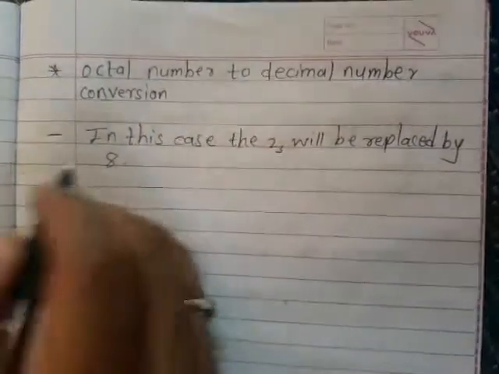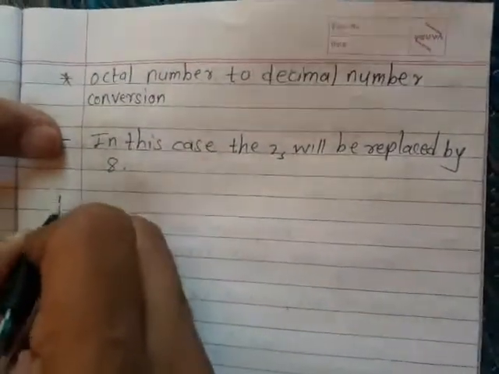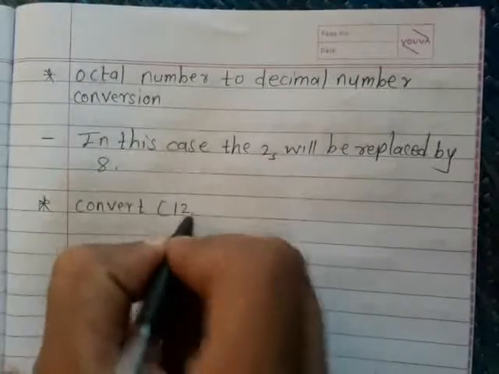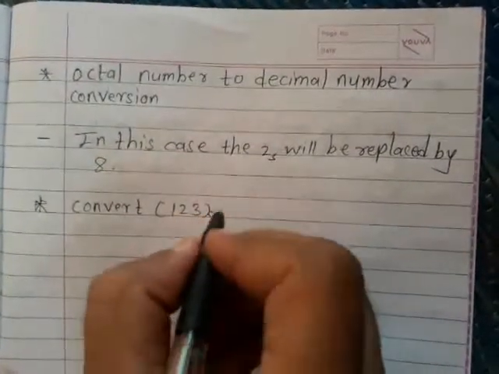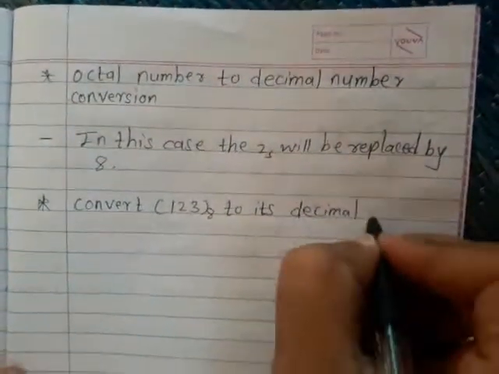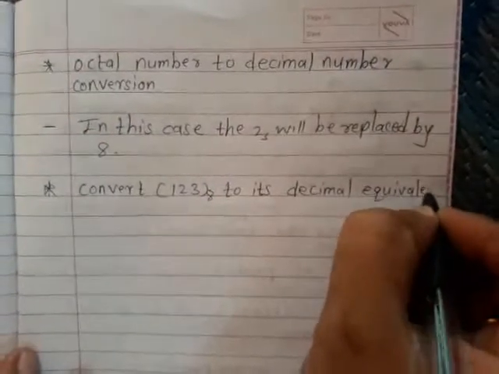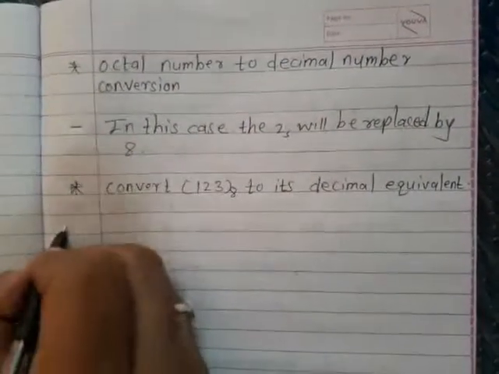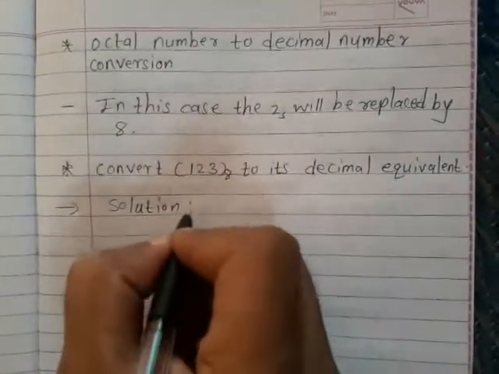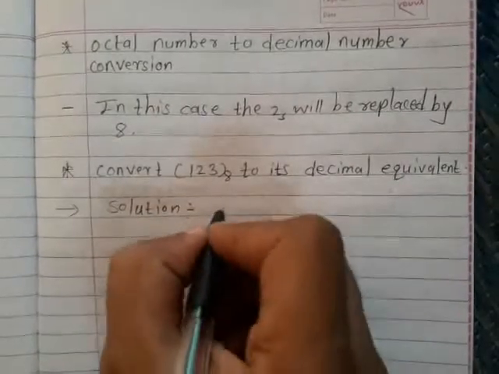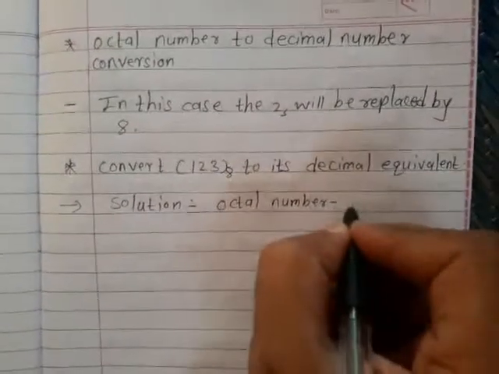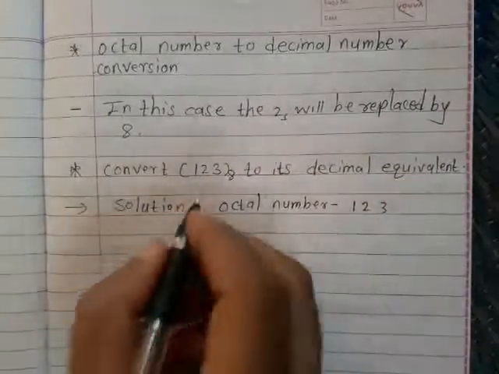Now see, one example we will take. Convert 1, 2, 3 base 8 to its decimal equivalent. Now see solution. What is our octal number? Octal number is 1, 2, 3. Now see here,